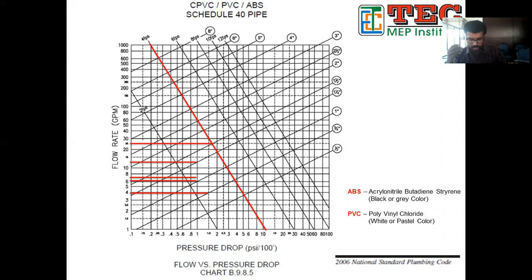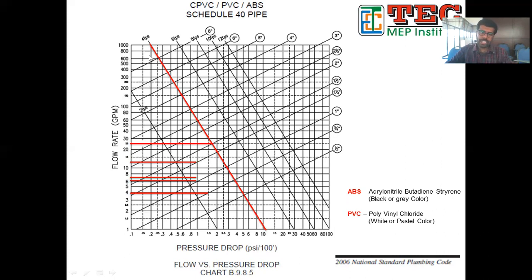I have already said that the minimum velocity for flow for design of gravity pipe, supply pipe may be less than 1 meter per second, preferably 0.8 meter per second. So 0.8 meter per second is the preferable water velocity in the gravity pipe in supply. This is given in feet per second only. If you are converting 0.8 meter per second to feet per second, you will be getting approximately 3.2 feet per second.